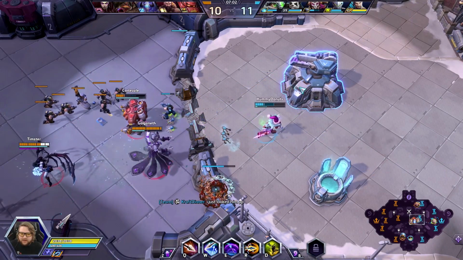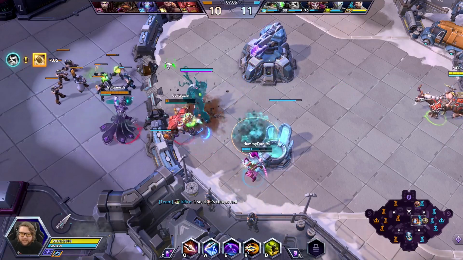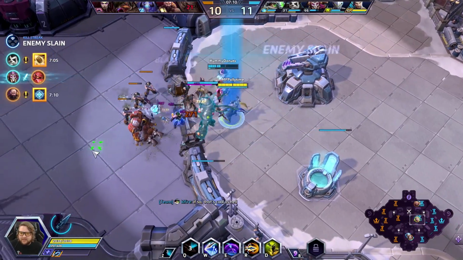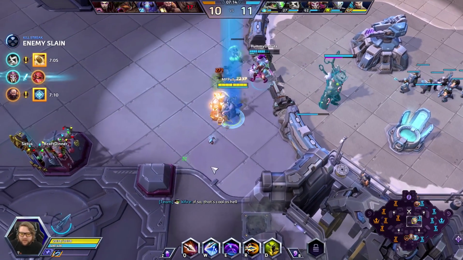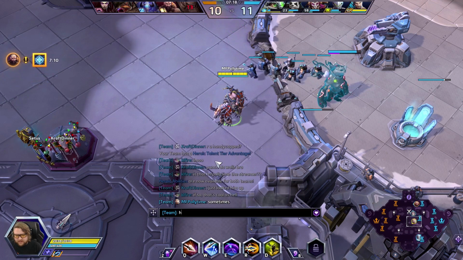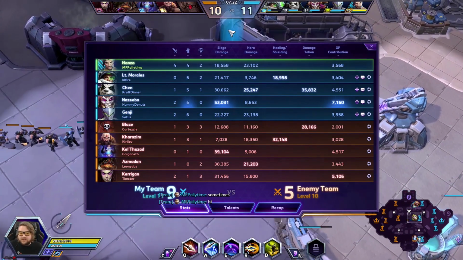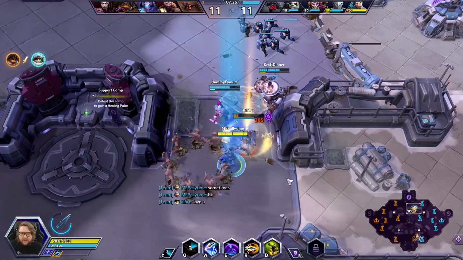It looks like our Nazebo's doing a decent job of defending. Kel'Thuzad did miss his combo, and Blaze 100% committed, and he is going to be punished for that. What I like about this build, though, is it not only gives you a ton of teamfight damage, as you might be able to tell. Wow, Chen has actually done a ton of teamfight damage, too. But it also gives you a lot of...